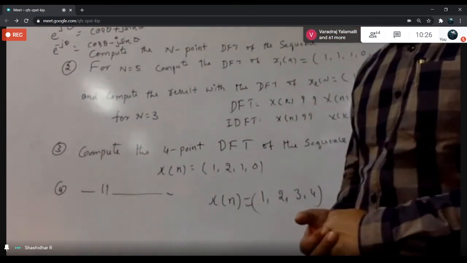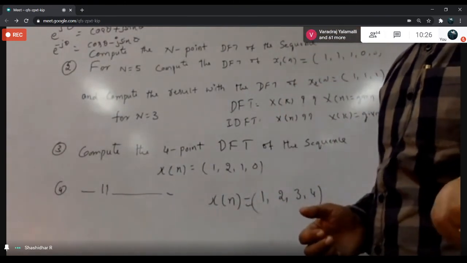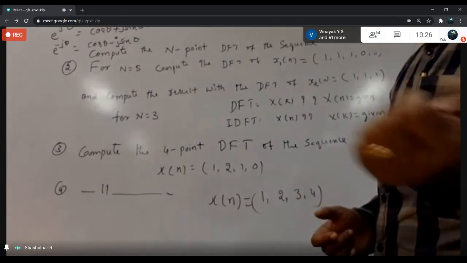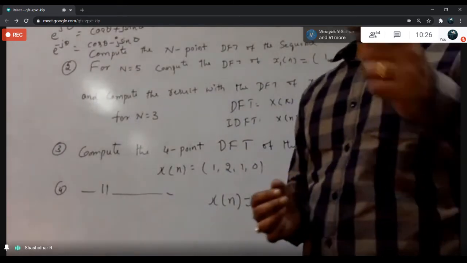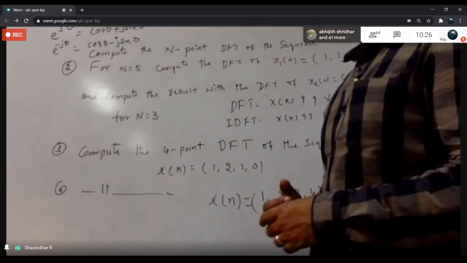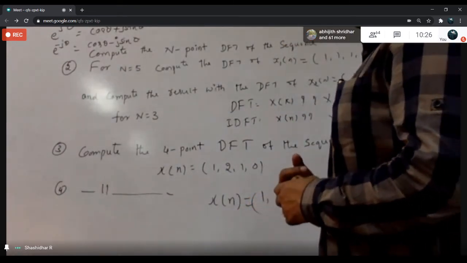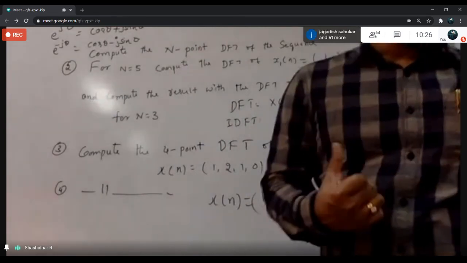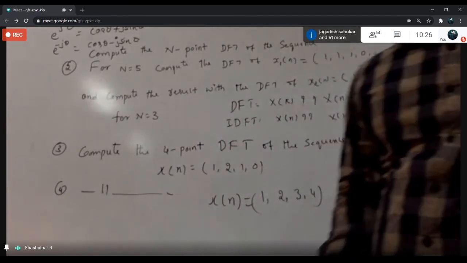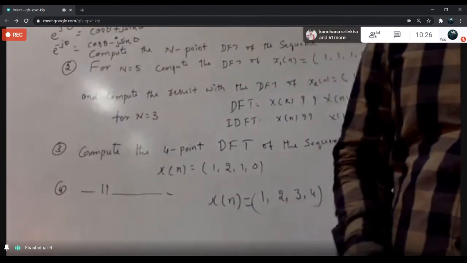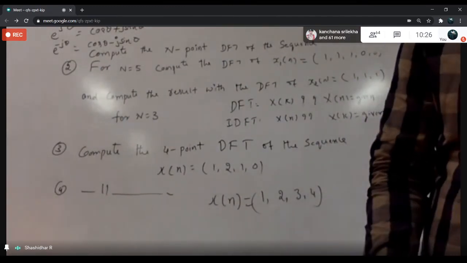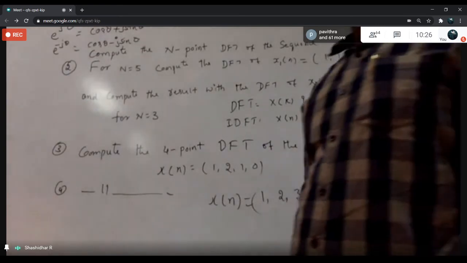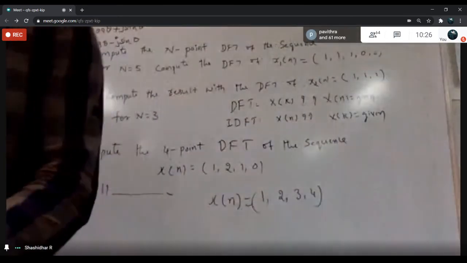Actually, I told you in the first class about e to the power a into e to the power of theta, where theta has some values. Okay? Some problems I will upload in the Google Classroom. If you have doubts, you can come to college if you are in Mysore. Otherwise you can ask me in the classes.